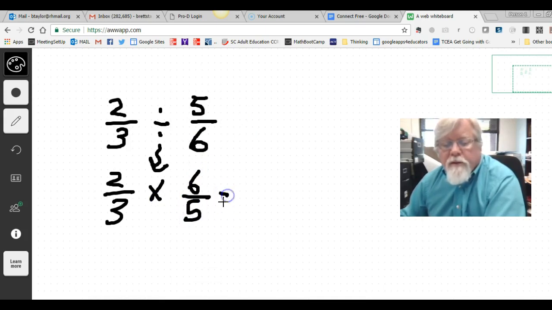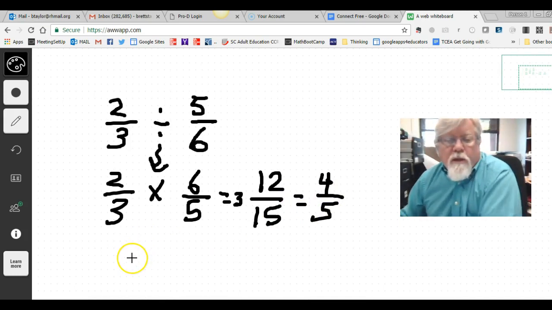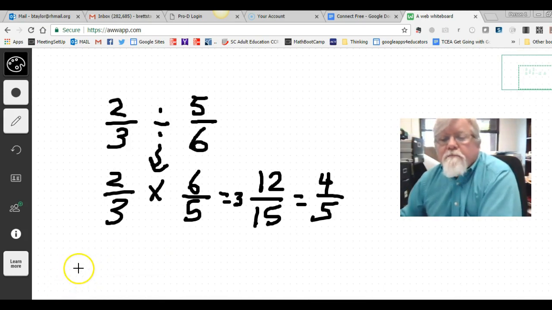Okay, so then you can multiply straight across, or you can reduce first. Just multiply straight across. We've got 12 over 15. And then you remember how to reduce. You take 3 into 12 and 3 into 15. Okay. Another idea you can do with this, and same way, you could end the recording and then,